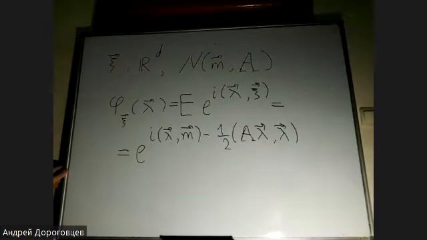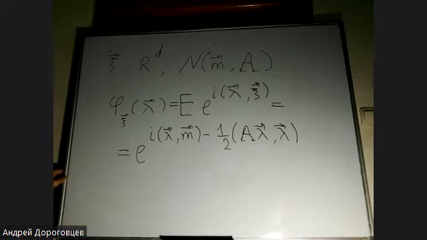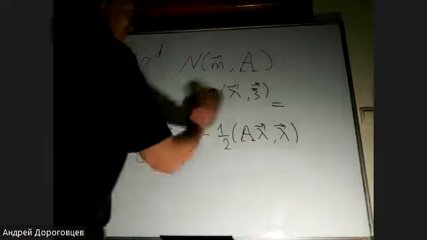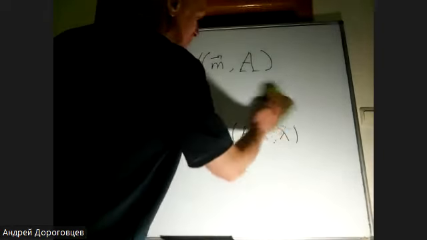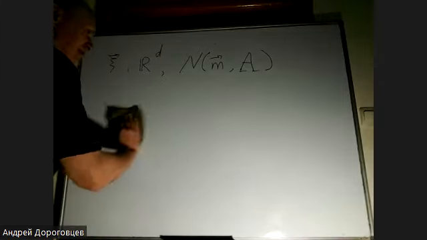So the distribution of a Gaussian random vector is completely defined by its mean and covariance, exactly as it was in the one-dimensional case. Moreover, the covariance matrix must be self-adjoint and non-negative definite, and